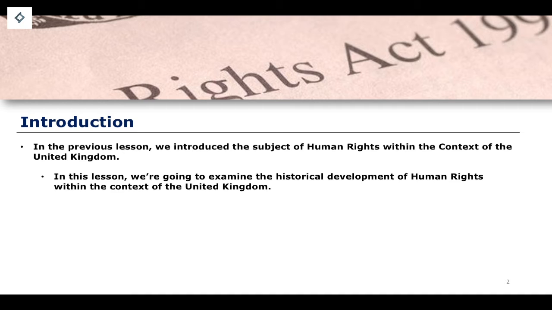Now, we're going to talk about the historical development in a quite brief manner in this lesson, because the historical development of human rights throughout the history of England and Wales, all the way through into the history of the United Kingdom, is very long. There are lots of different processes and complexities, but there are a couple of major points where we see the development of human rights. At the resolution we are looking at, we're going to divide this into four major points, okay?